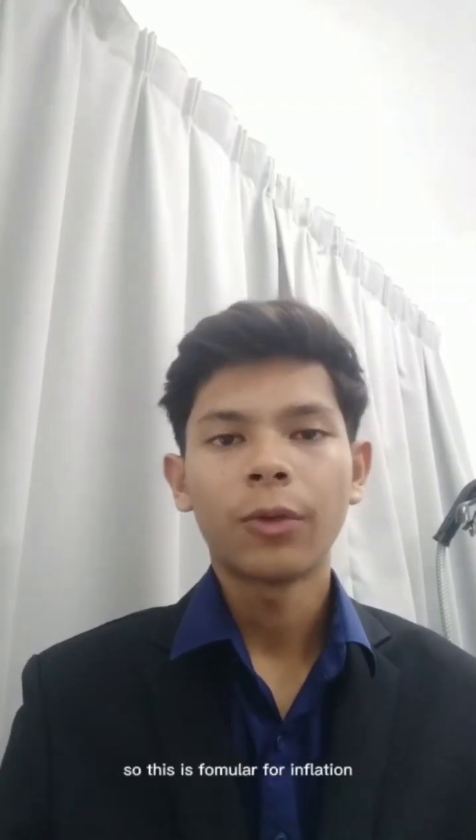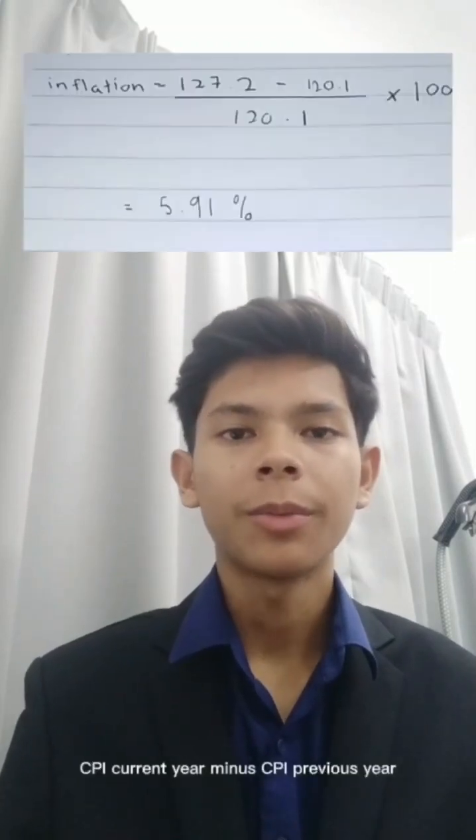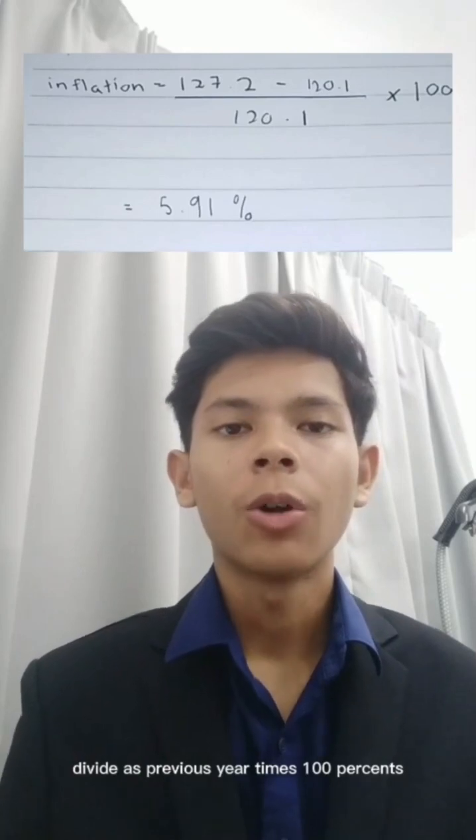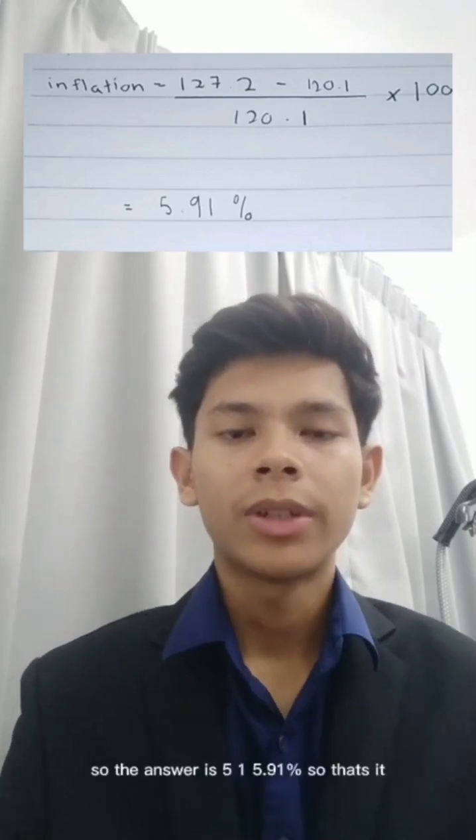So, this is the formula for inflation. CPI current year minus CPI previous year, divided by CPI previous year, times 100%. So the answer is